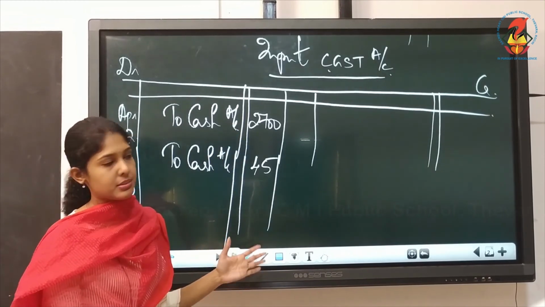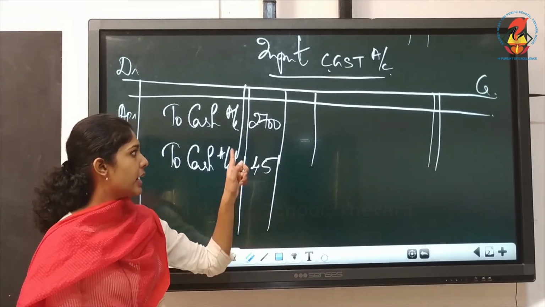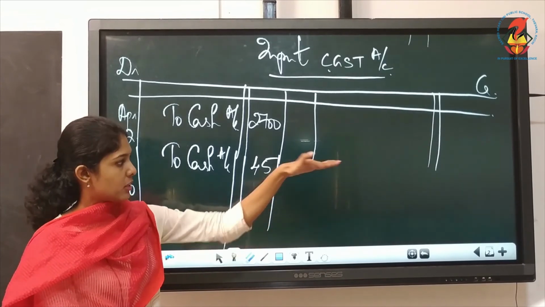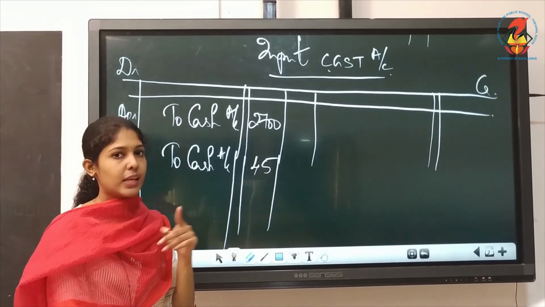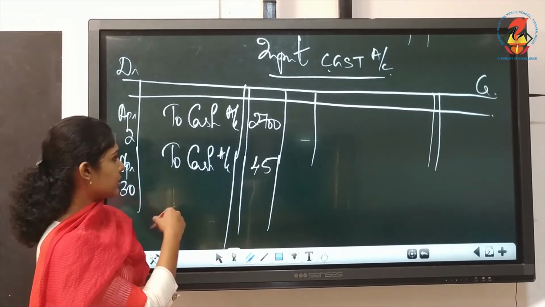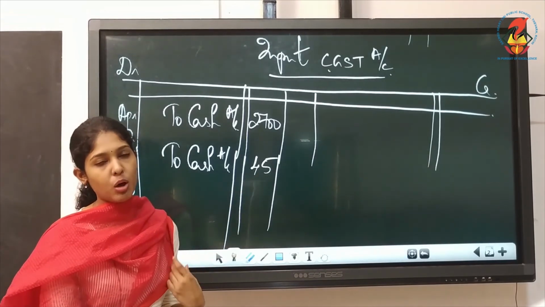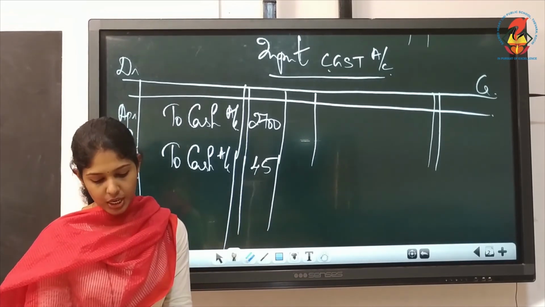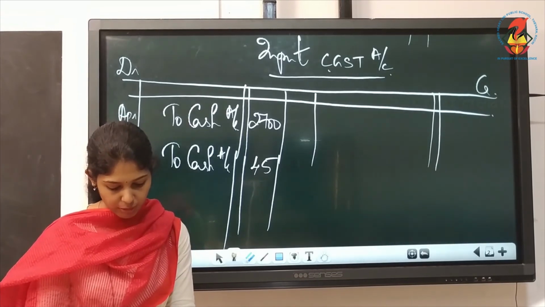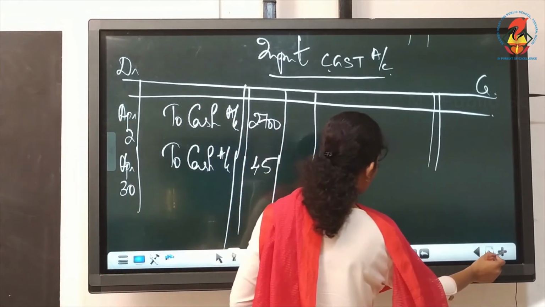Next what should you do? You have to do balancing. Add this. Here there is nothing on the credit side. So by balance carried down, you can write 2,745. Write the totals after that. Then you must take it to the opposite side. That time the date will be the beginning of the next month. That is, this is April 30th, so May 1st, to balance brought down, you will write the same balance 2,745. Understood? So this is how you have to do the GST accounts. We'll do one more account, I mean input IGST. We'll see how to do input IGST account.